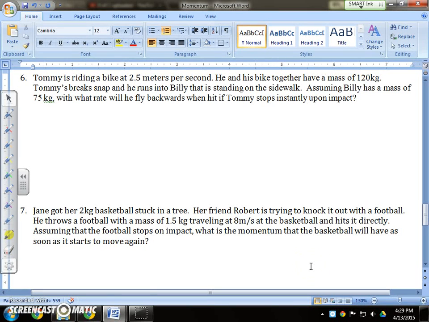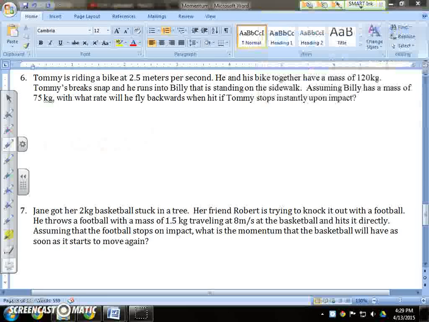All right, today we're talking about momentum and conservation of momentum specifically. Hopefully what you've garnered from momentum is that momentum equals mass times velocity. Another major concept that you need to know about momentum is that momentum is conserved, which means when you have